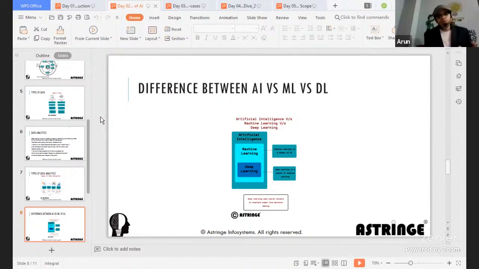Now how to address such a scenario? For exactly that, the AI itself has been subcategorized into multiple places. That is called machine learning, which itself is a subset of artificial intelligence. And in machine learning, there is one more thing called deep learning, which is a subset of machine learning itself. Meaning, in the machine learning phase, you are just going to build a model and use it for predictions.